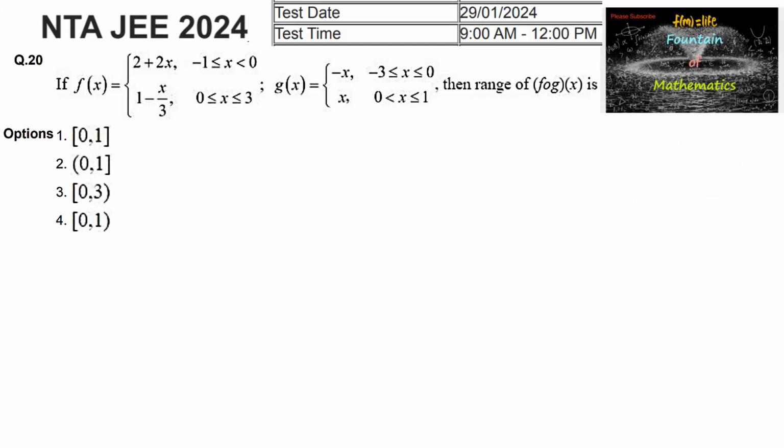If f of x is equal to 2 plus 2x for minus 1 less than or equal to x less than 0, and 1 minus x upon 3 for 0 less than or equal to x less than or equal to 3, and g of x is given as negative x when minus 3 less than or equal to x less than or equal to 0, and positive x when x lies between 0 and 1 where 0 is excluded, then find the range of the function f circle g of x. So let us sketch the graph of these functions. F of x function,